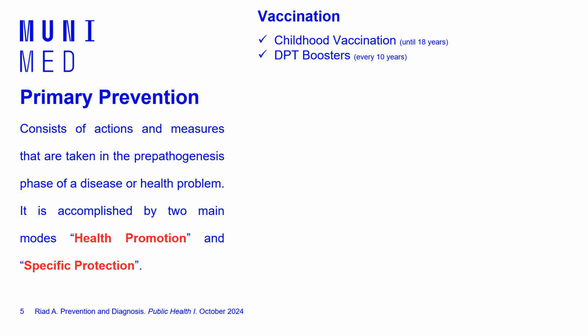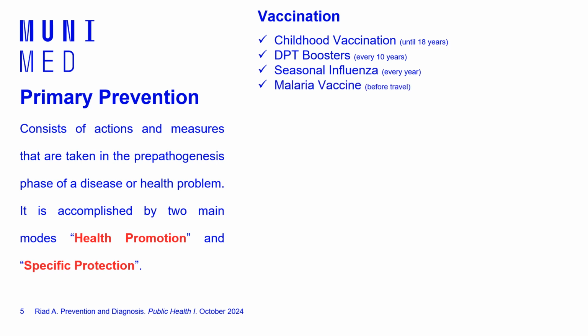Another example of vaccination is the DPT, diphtheria, pertussis, and tetanus booster vaccines, which are supposedly given every 10 years. As a future doctor or medical practitioner, you need to watch this calendar and make sure that you are continuously protected. Then there is the seasonal influenza vaccine, which is supposedly administered every year, and it is important for you as future doctors to be protected against seasonal influenza.